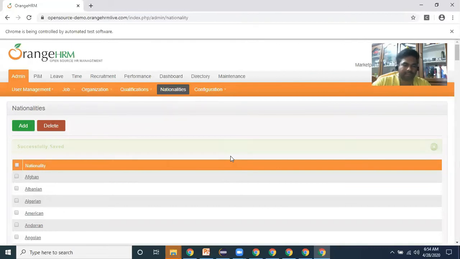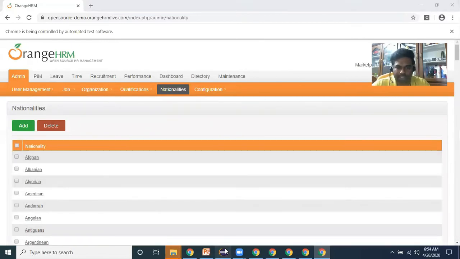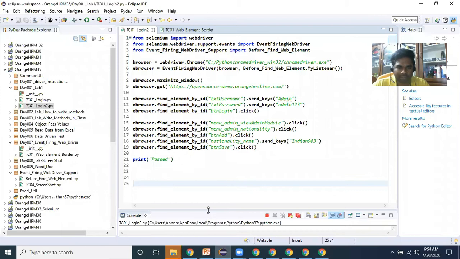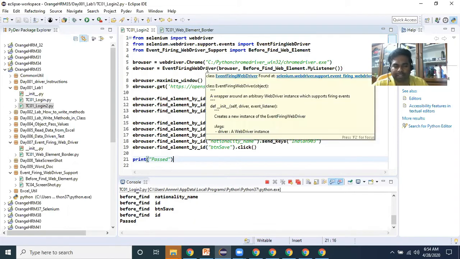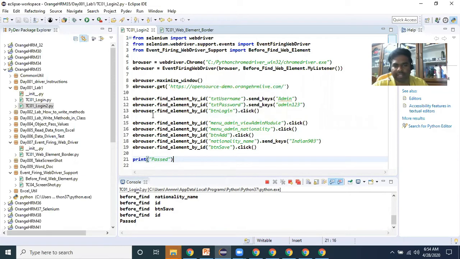Like this, your program is executing. The purpose of event firing WebDriver is to understand the execution progress and which web element is executing. The set of driver instructions we can easily understand.